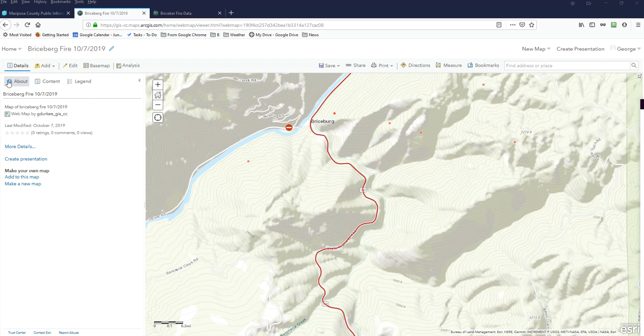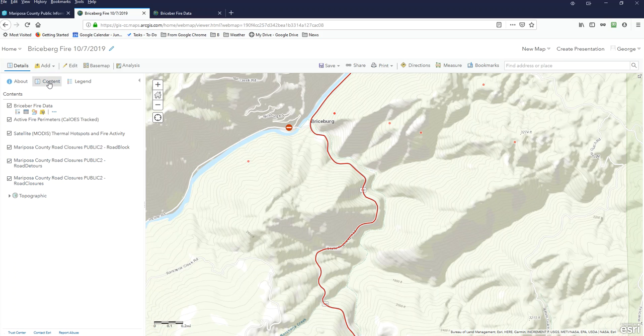So back to, then we go to content, and the only thing you're going to be able to edit here is the one file that you actually own. All these others, you can sometimes change the symbology, but you can't actually edit them. So we'll do Bryce Burr here, and then because that's in there, the edit tool shows up. If I deleted that file, then the edit tool wouldn't even be there. So let's go to edit